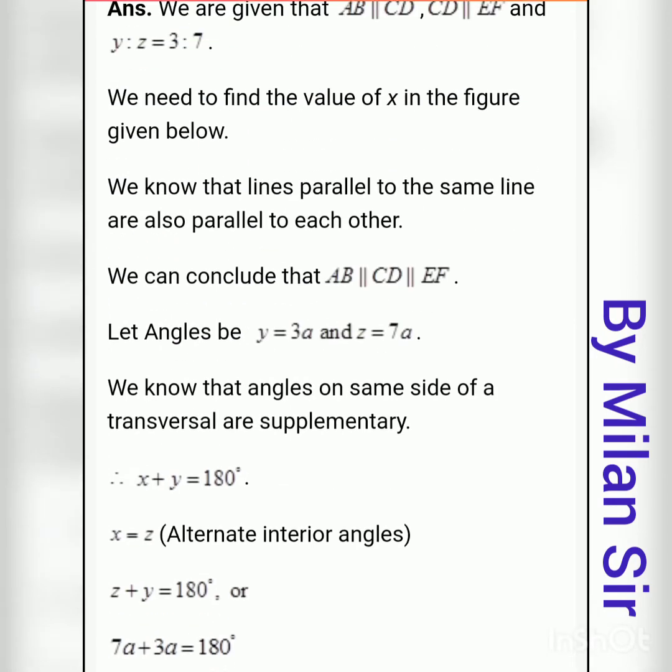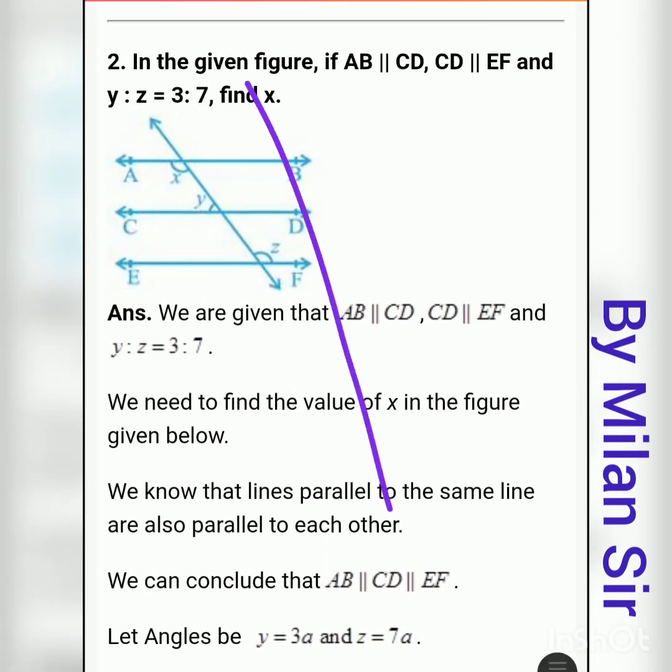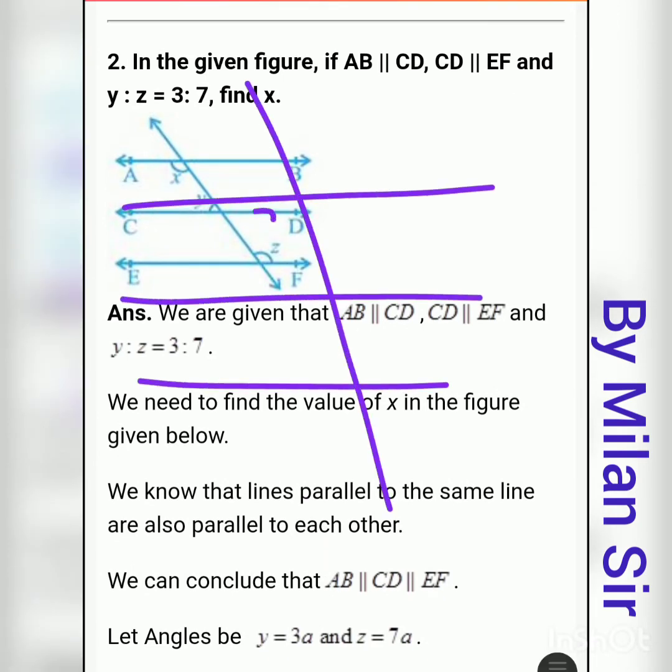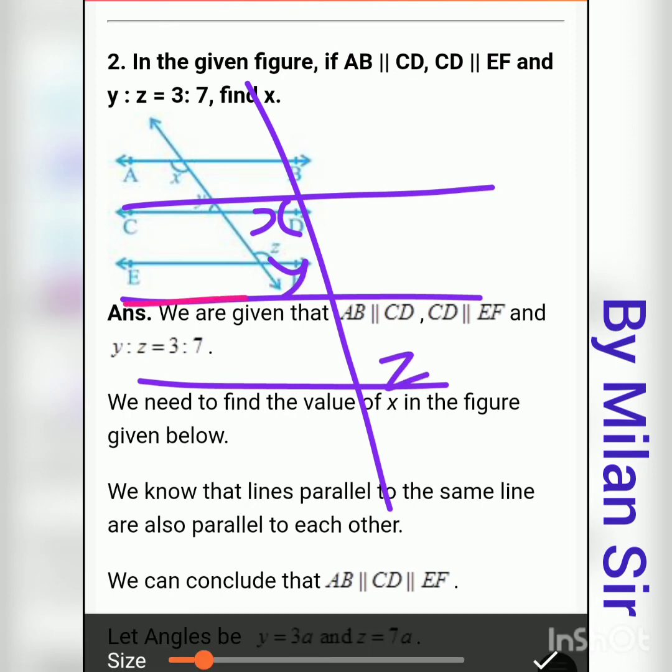Again, I repeat this question. First of all, we have this type of figure. Here we have x, here we have y, here we have z. Here one z is there, that means alternate interior angles, right? And alternate interior angles are the same, so this angle and this angle are both the same. Here we have value z, so here we can write z. Now y and z are linear pair of angles, right?